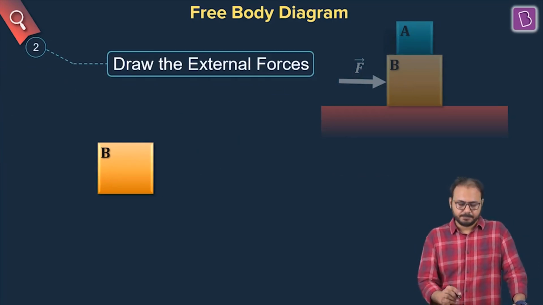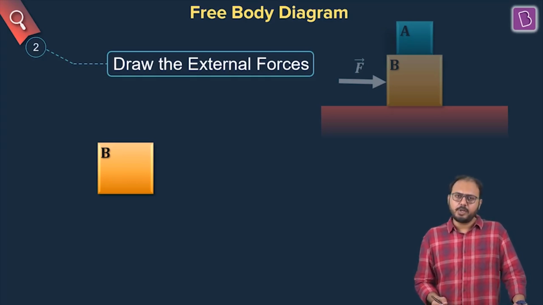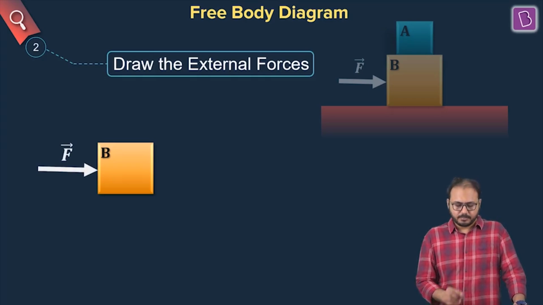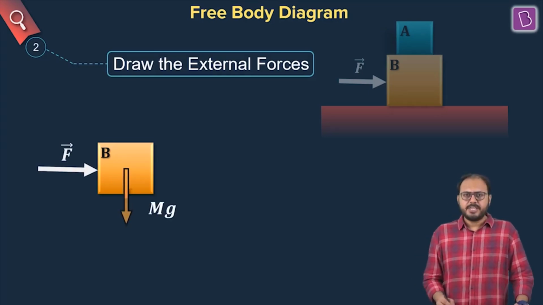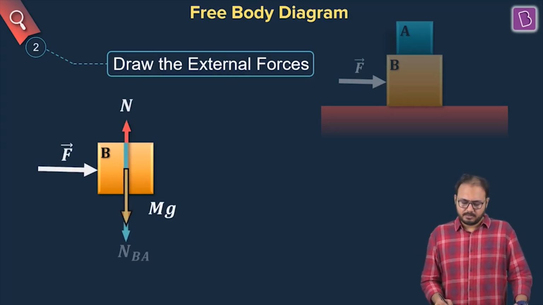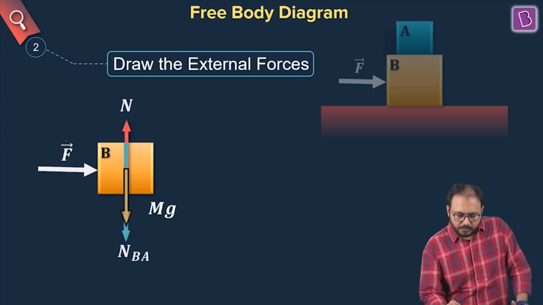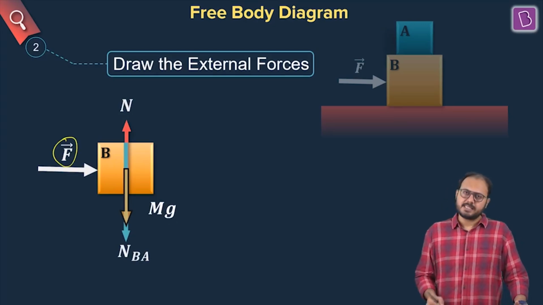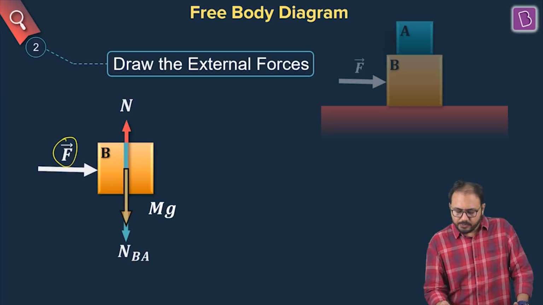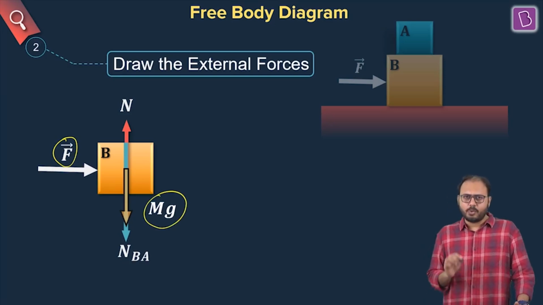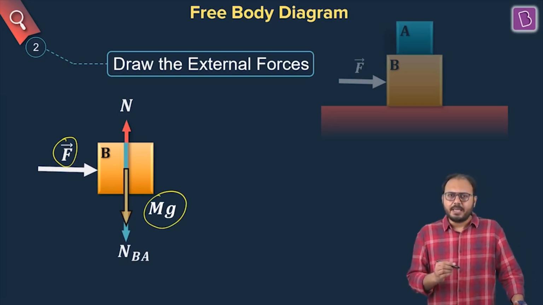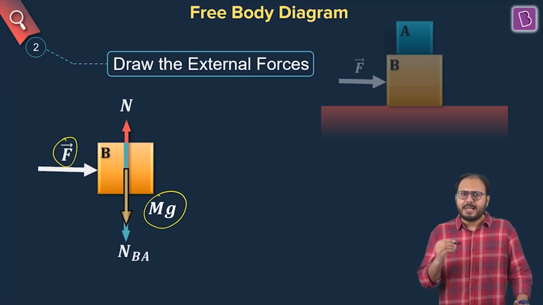Watch now what happens. What forces are acting on B? Sir, first of all, you are pushing B with F. Correct. mg. Normal. One more normal. Sir, two normals? Yes. How? Let's check. Are you convinced with the force F? Yes, external agent. Are you convinced with mg, which is vertically down? Yes.